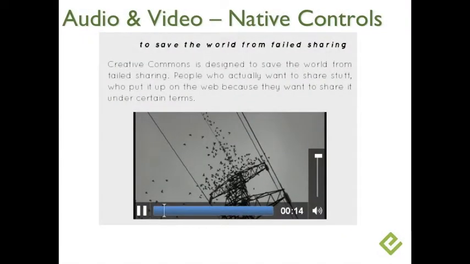Audio and video, those are the two big sexy ones that people are kind of eager to get at and start using, and I can understand why. And I'm not here to say don't use them. It's actually an improvement now. With the audio and video elements in HTML5, we now have native controls in browsers and as reading systems get developed as well. I pulled out a little piece of content from one of the samples that we have for EPUB 3 in the Readium, just to give a quick view that you can go in and access these by the keyboard. It's not like Flash and all the various wonderful